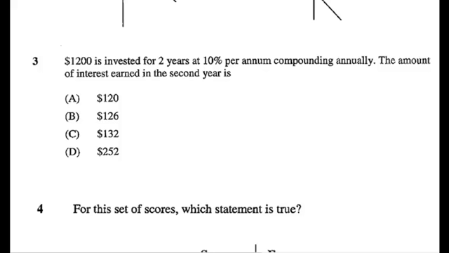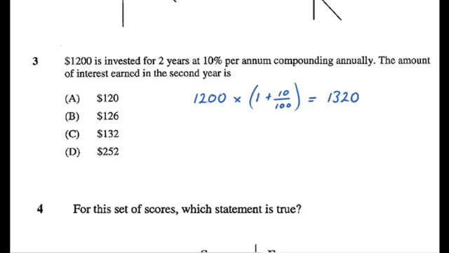Question 3. $1,200 is invested for 2 years at 10% per annum, compounding annually. The amount of interest earned in the second year is. So I think the best way to do this one is to just say, well, in your first year you'll have 1,200 times by 1 plus 10 over 100 for compound interest. Okay, get your answer to that, which is 1320,